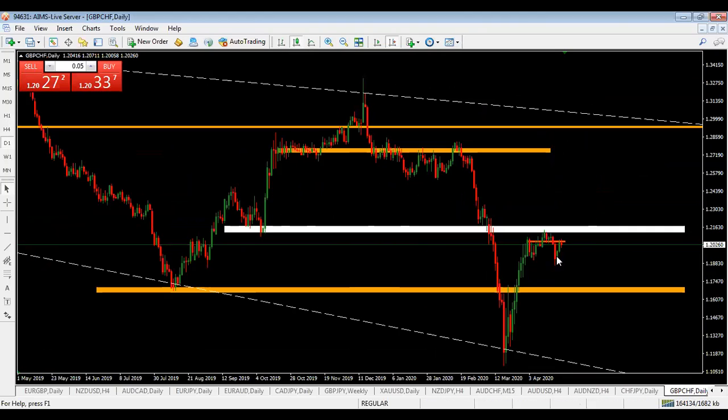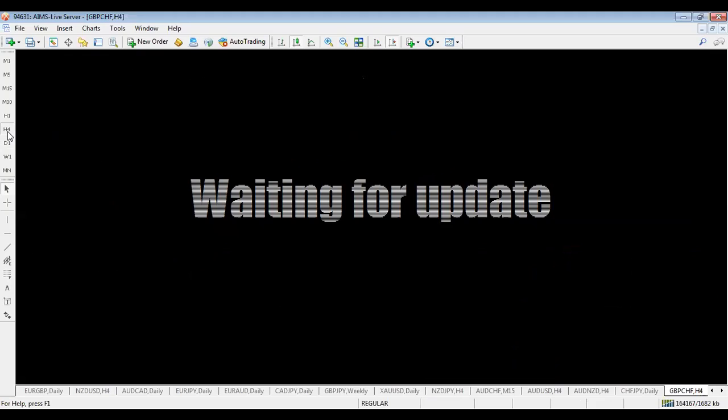So this is how the whole market structure looks from the daily. From the daily, that's how the whole market structure looks, and we look to sell from this point to target this area here, which is a bigger structure. From the H4,